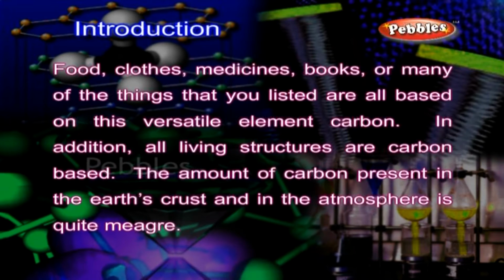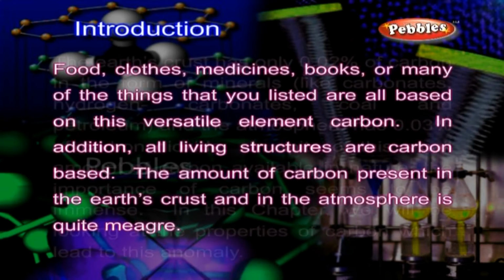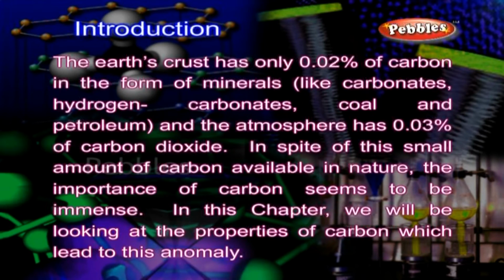Food, clothes, medicines, books, or many of the things that you listed are all based on this versatile element carbon. In addition, all living structures are carbon-based. The amount of carbon present in the Earth's crust and in the atmosphere is quite meager. The Earth's crust has only 0.02% of carbon in the form of minerals, and the atmosphere has 0.03% of carbon